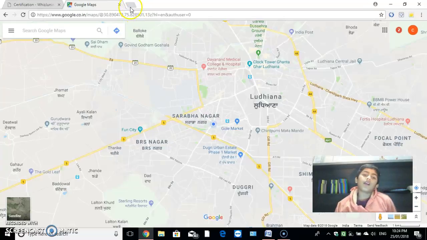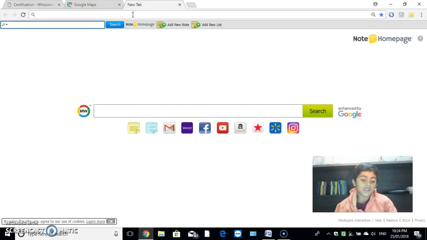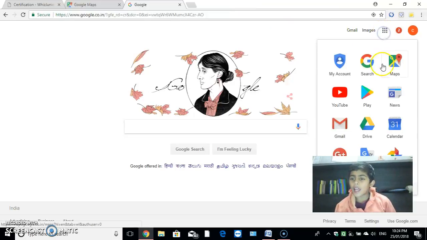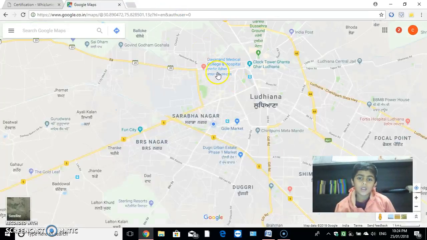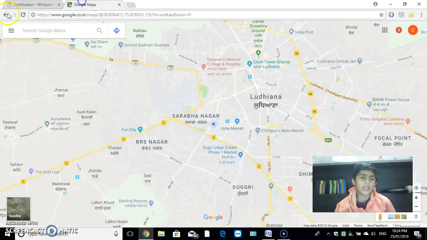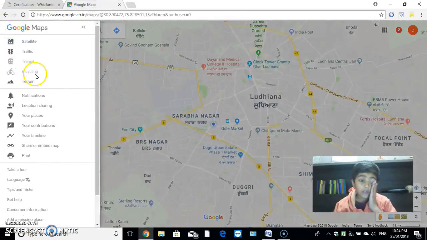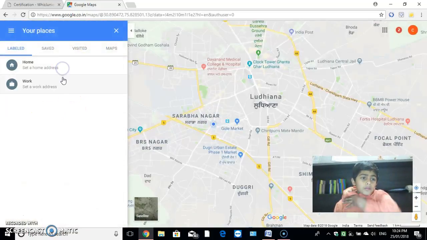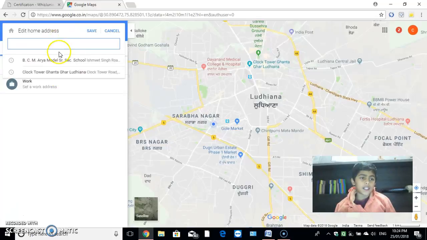Firstly, I will tell you how to open Google Maps. Type here google.com, then click on apps and get the map. Here, maps. I have to get my home address. So you have to click on menu, your places, home. Now we have to set our home address, which is